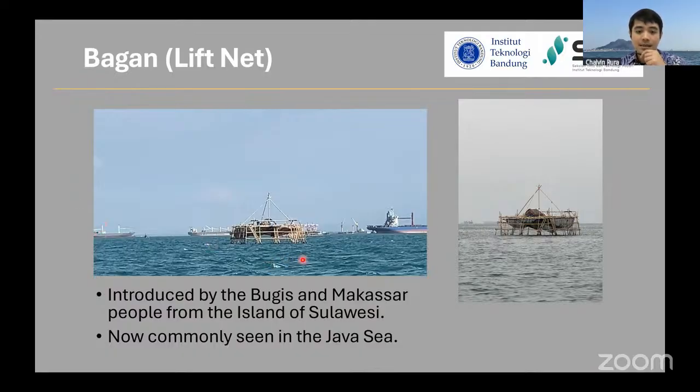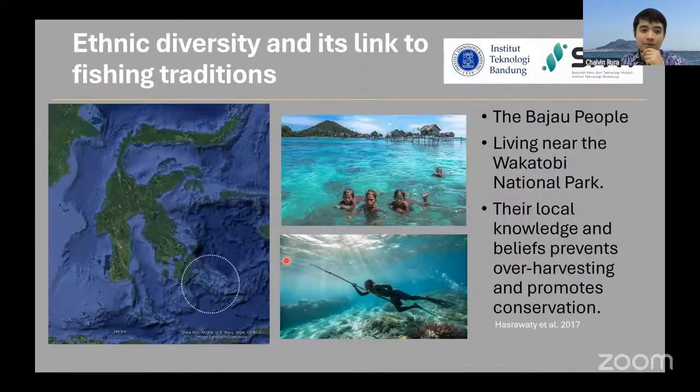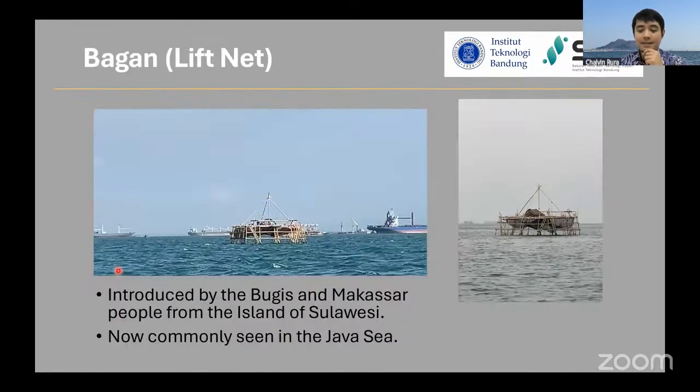So this is called a bagan. As you can see, the sea here is very shallow, so you can build constructions like this just using bamboo. Although I'm not really sure how stable it is, whether, if there are big waves, it rocks, is it affected by the waves? I'm not sure. I've never been on top of it. But yeah, it was first introduced by the Bugis and Makassar people. So it's also from the big island from before. So this K island, the Bugis and Makassar people are from this big island, and they have this practice of